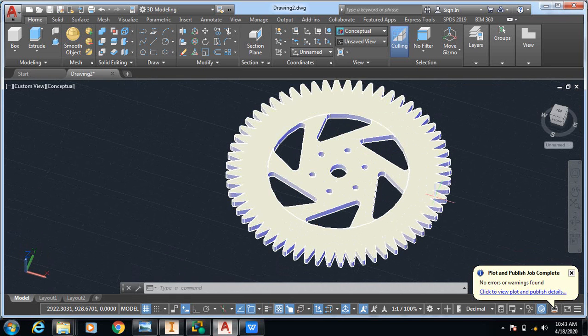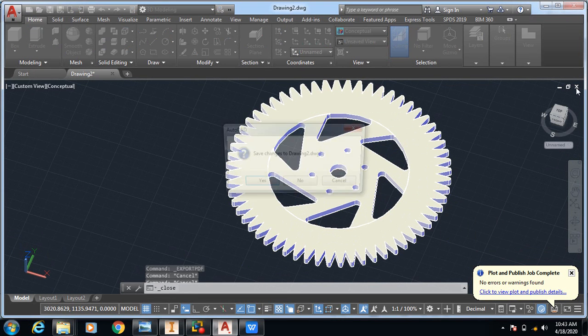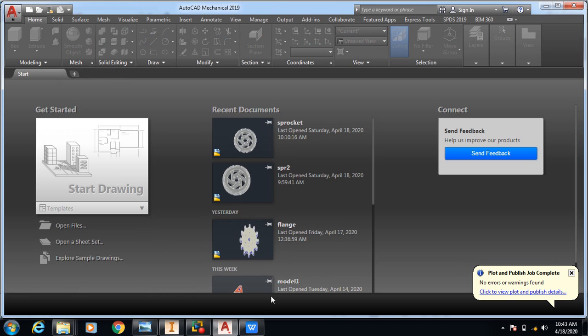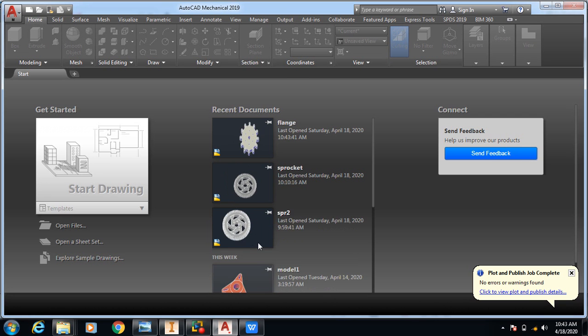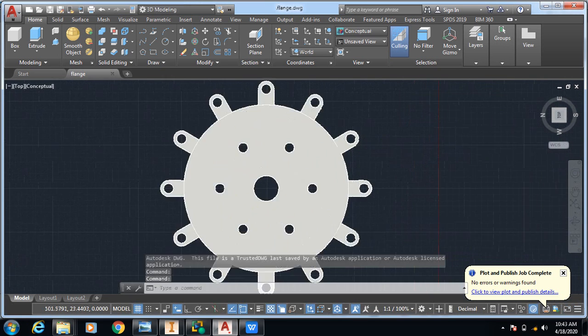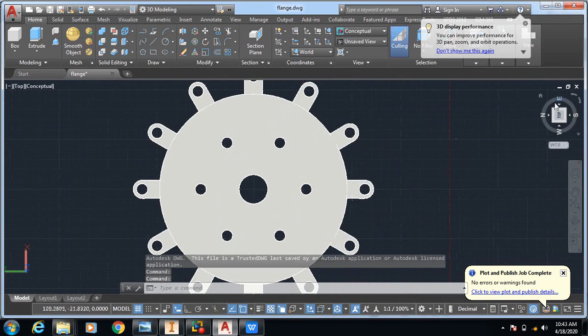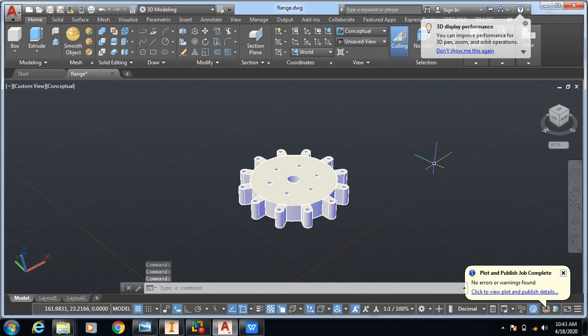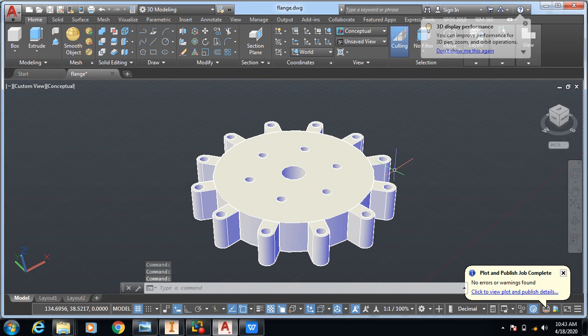So now let's move on to another design. Click here. No, I don't need this. The other one is here, already designed. I have prepared this for you all. Here you can see. Already I have prepared it for you all.